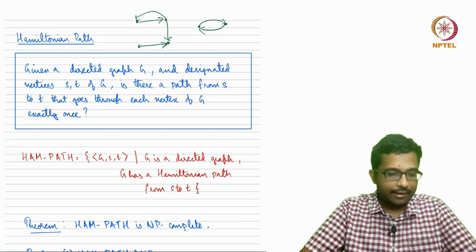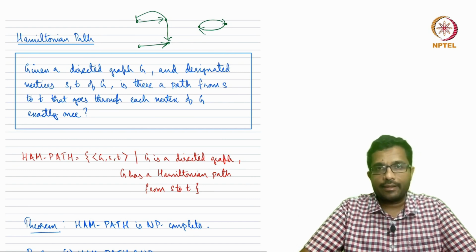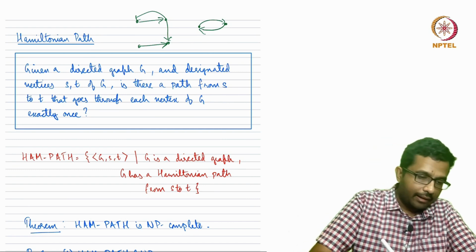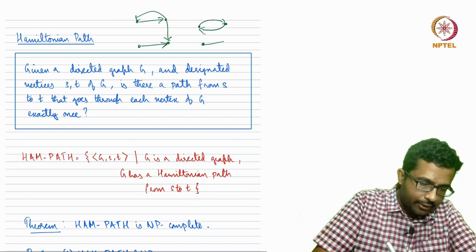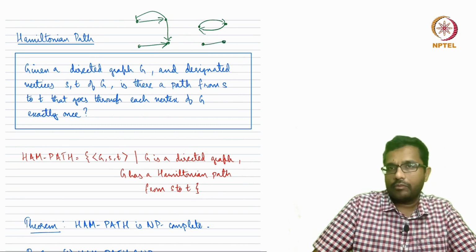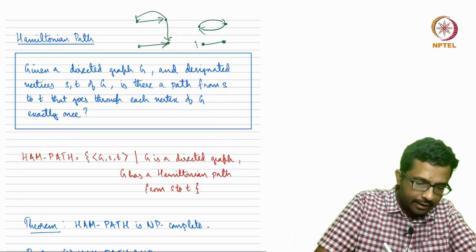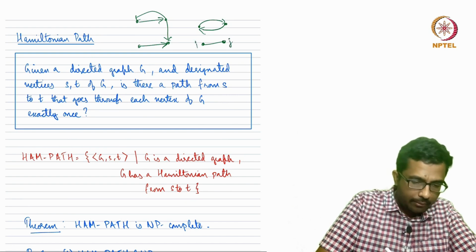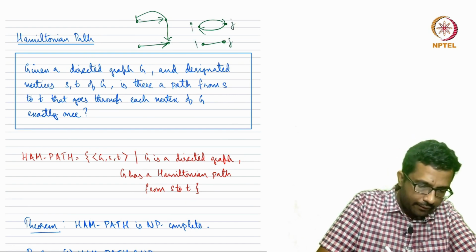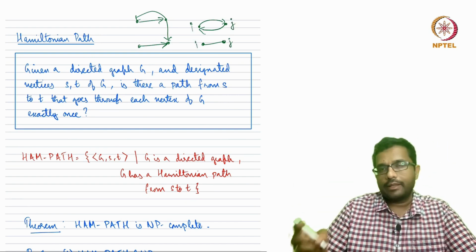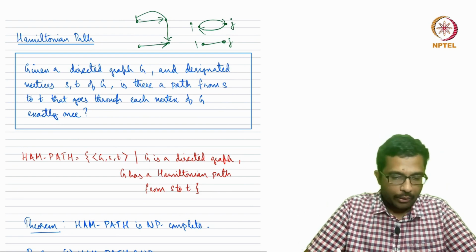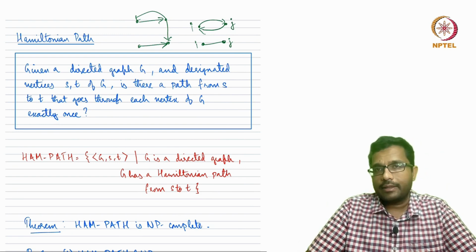So what's a directed graph? Simply put, it's a graph where the edges have directions. In earlier lectures, our edges used to be undirected, so the edge from i to j would be the same as the edge from j to i. But now the edges look like arrows. So there are directions. An edge from i to j need not be the same as an edge from